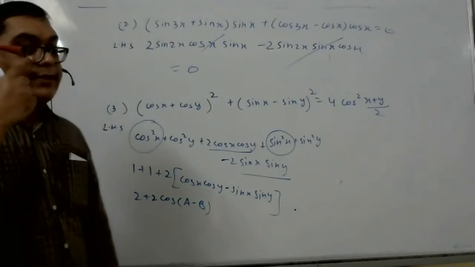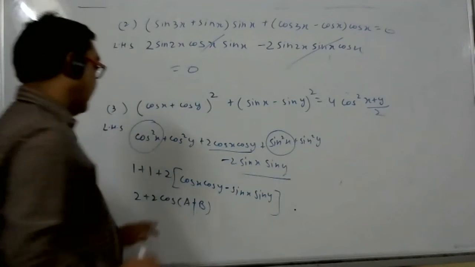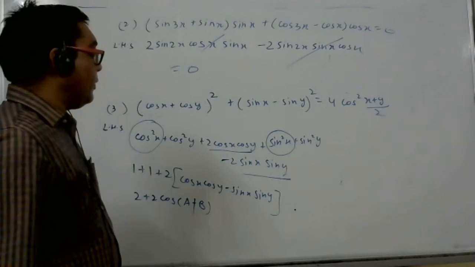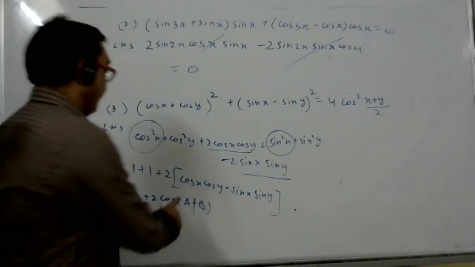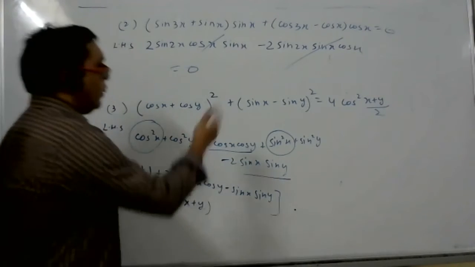In the book they wrote cos x plus y. Cos x plus y. Correct, na? Yes, x plus y is this only. Is there any doubt? No, sir. So I should write x plus y. Okay, x plus y. Now still we didn't get the answer.